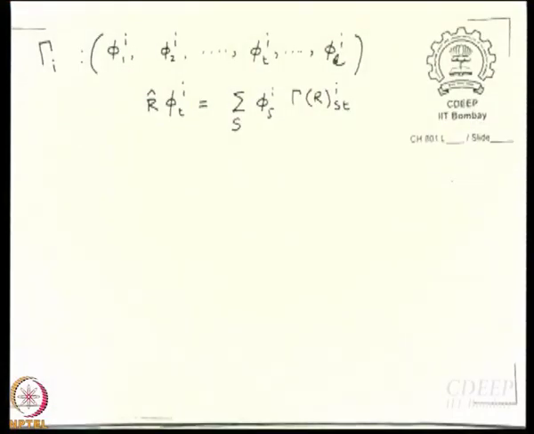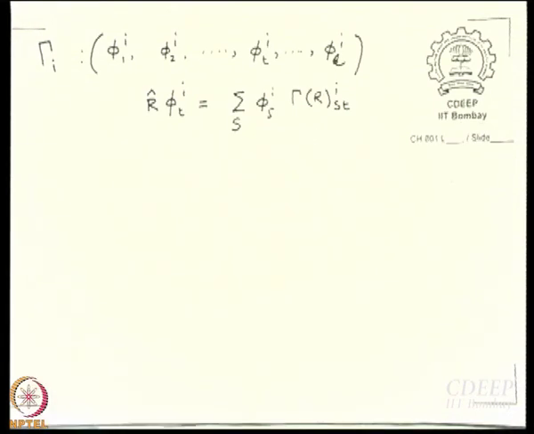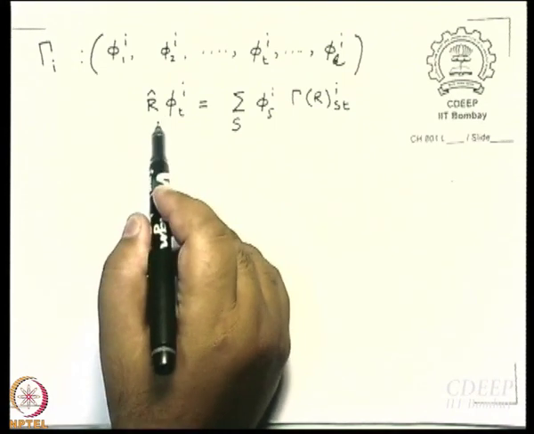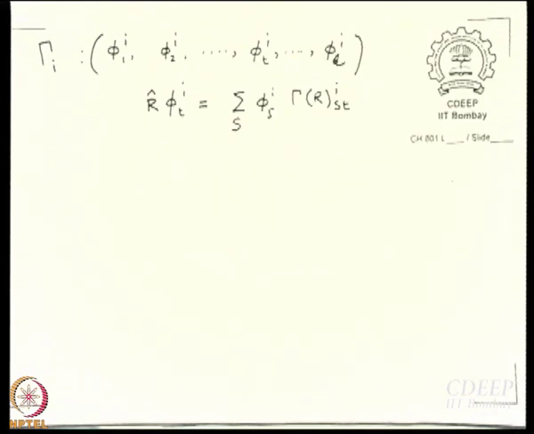I am sorry? Yes, but this is only a row of the matrix. If you take the gamma R S T, right? So I have only written a row. And so next, if I write R hat phi t plus 1 I, then you will get another one. So on and so forth, I can generate the whole matrix. Instead of the whole matrix, I am only focusing on phi t I and its transformed avatar.